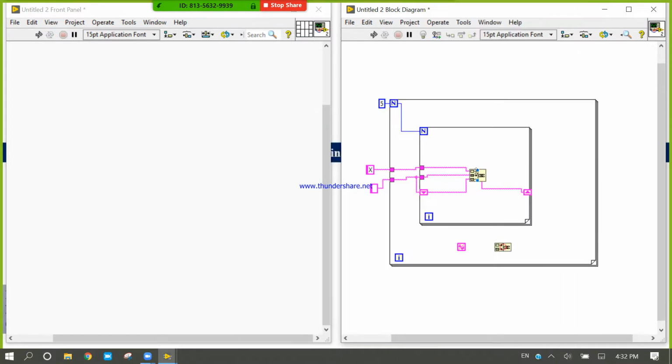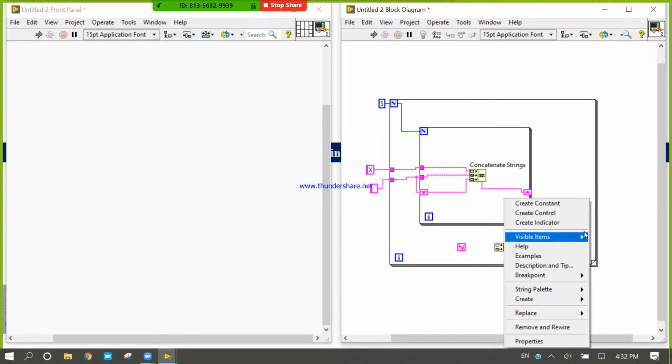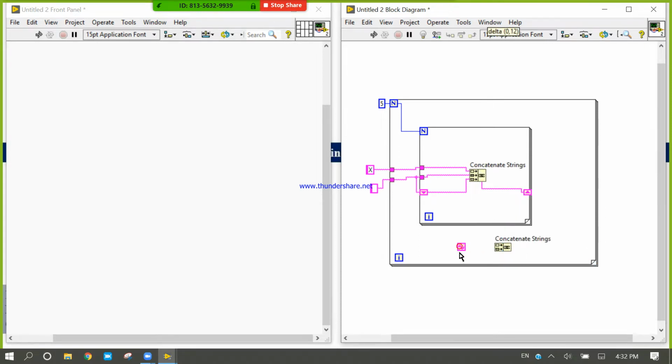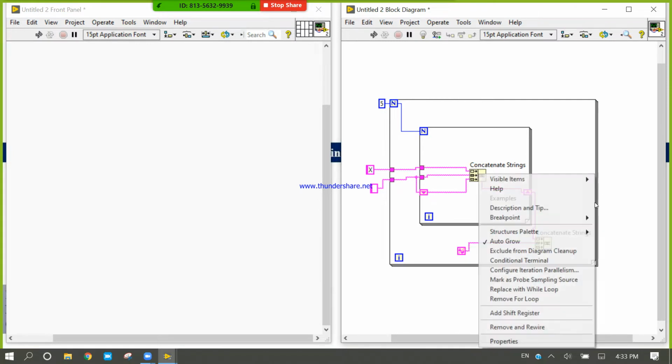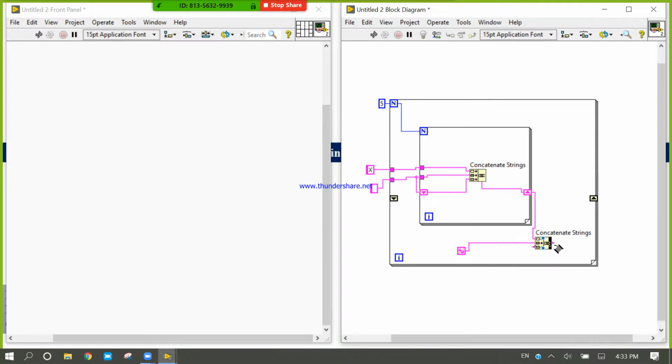It is the concatenate string function. Let's see what we can design. Create a shift register.